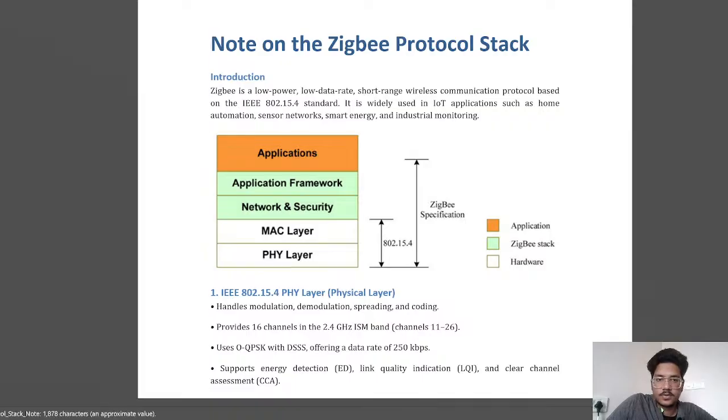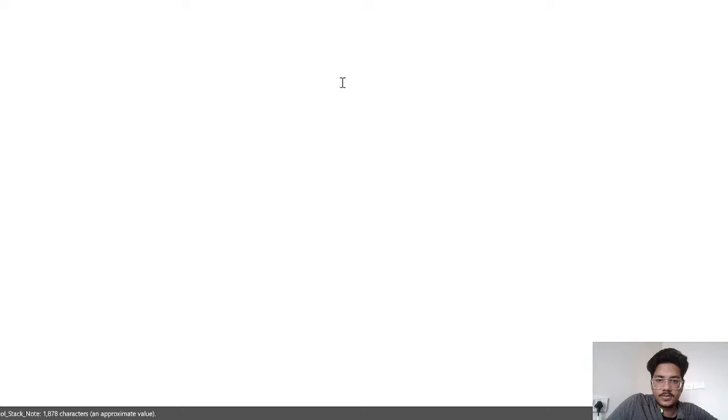This one is the Zigbee protocol. So, notes on the Zigbee protocol. Zigbee is a low power, low data rate, short range wireless communication protocol used in the IEEE standard